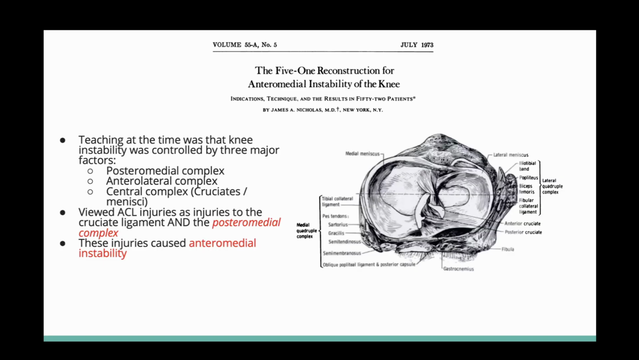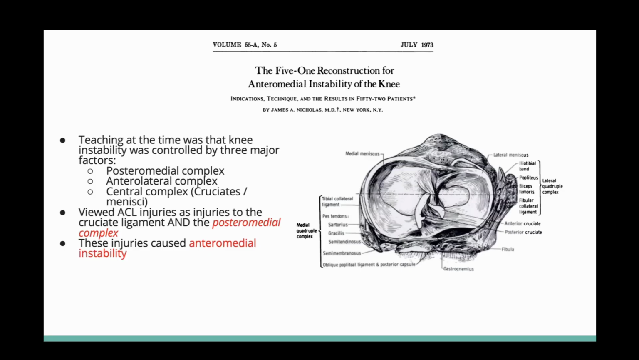I had some mentors back in New York who trained with Dr. Nicholas at Lenox Hill Hospital while he was taking care of some of the Jets. A long time ago, and our thinking has evolved a lot, but he was onto something when we're talking about rotational instability. He looked at ACL injuries as injuries to the cruciate ligaments and the posteromedial complex, which